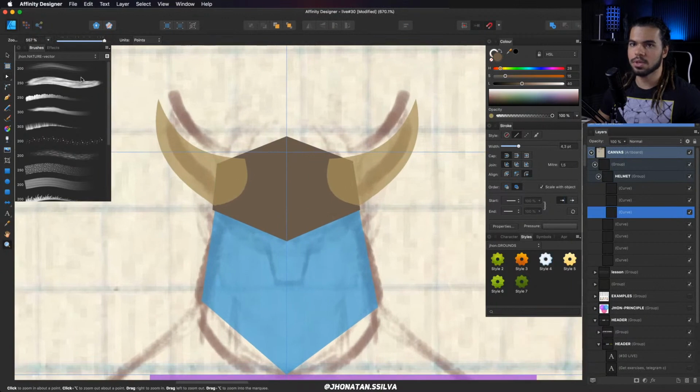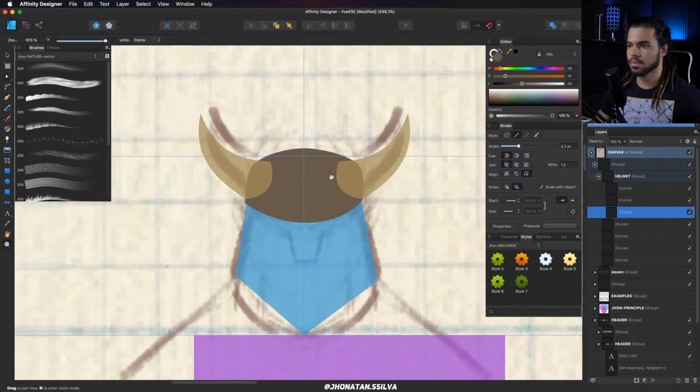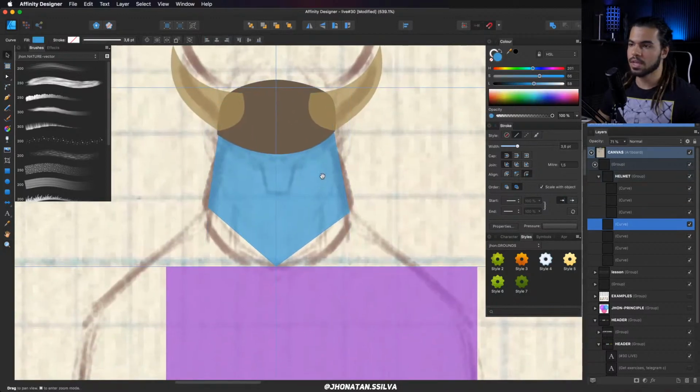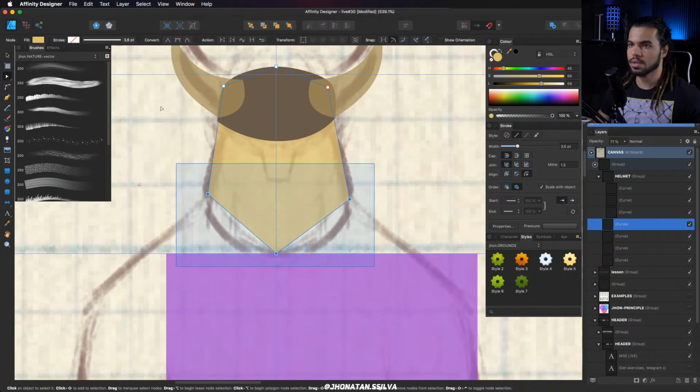And I'm using here the node tools in order to convert all of this to curves. Click here, smart, and of course let's change this one to be flat, to not look like a strange helmet. Okay, and about the face that we have on here, let's change this color. Okay, and let's add already a shape for his